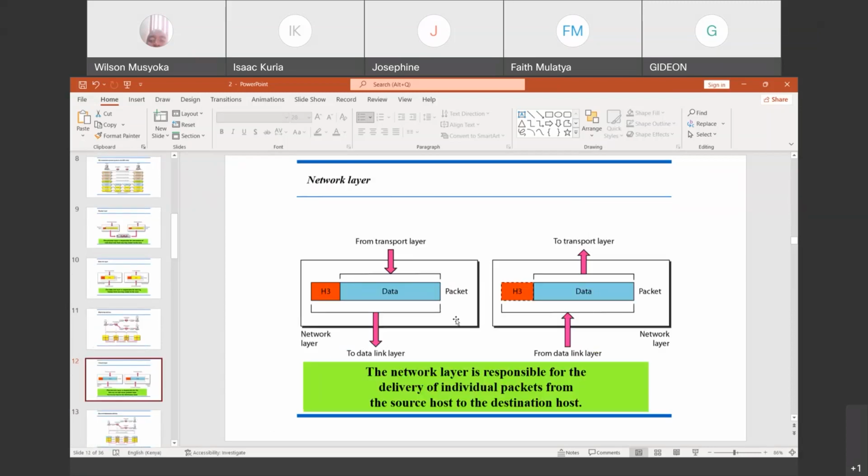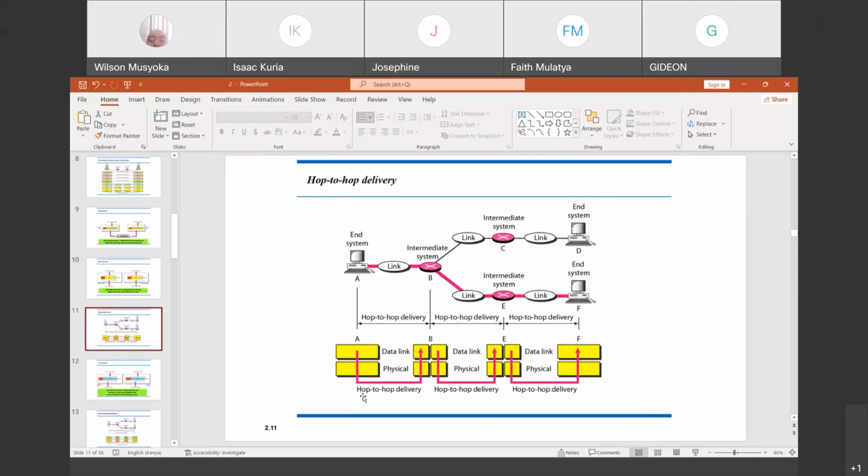So the network layer is the third layer, and on the third layer, we are talking about delivering individual packets from source host to destination host. So notice here, the other one we were doing hop to hop, whereby the MAC address keeps on changing as you move from one device to the next.